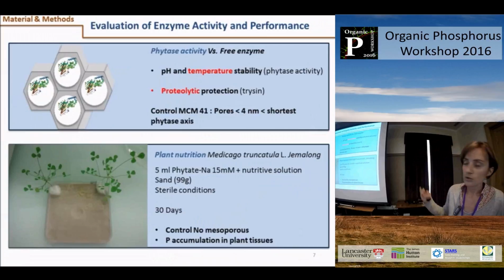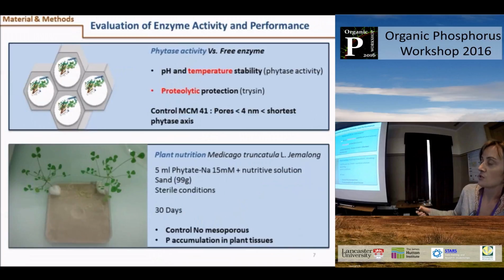So we focus more on the potential of this material. We measure the phytase activity versus free enzymes. We measure pH and temperature stability. We measure if there is protection against proteolysis. And we use a control, which is another kind of nanomaterial with tiny pores, so the phytase cannot penetrate into the porosity. And finally, we use those immobilized enzymes to know if the phytase activity is enough to permit